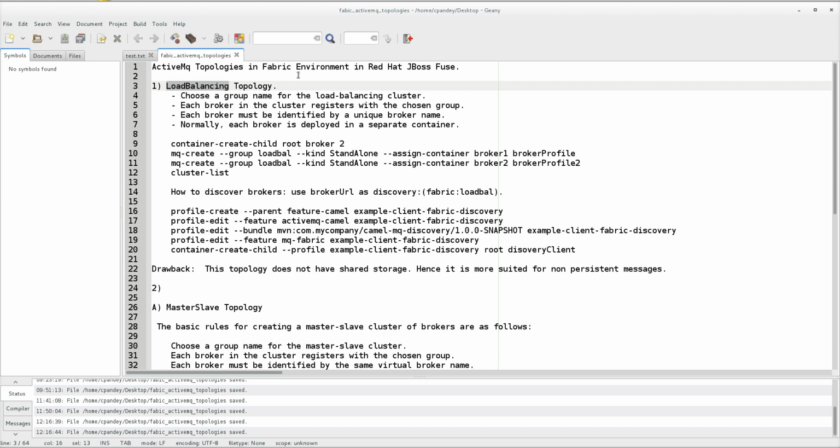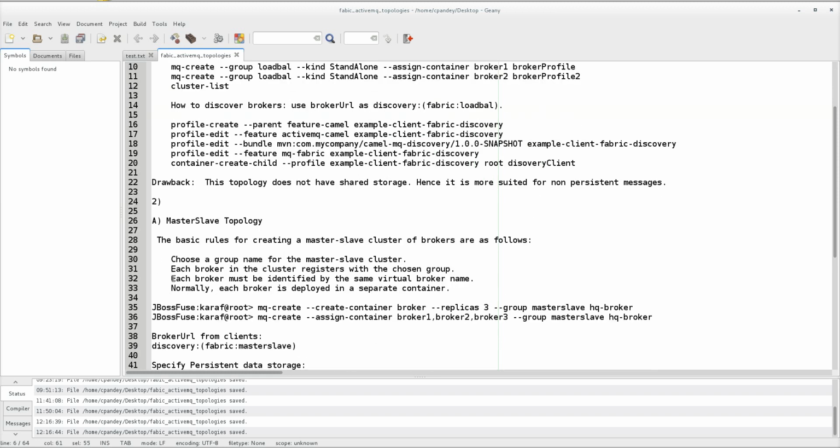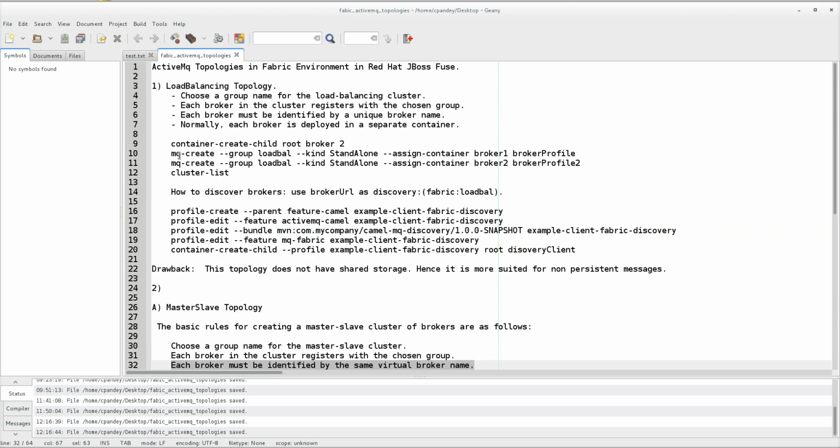The prerequisite for this is that the group name should be there as well, and each broker will register with the group name, but the only thing it differs in is that each broker must be identified by a unique broker name. So each broker will have a unique broker name, whereas in master slave topology each broker had the same broker name. So that is the basic difference here.